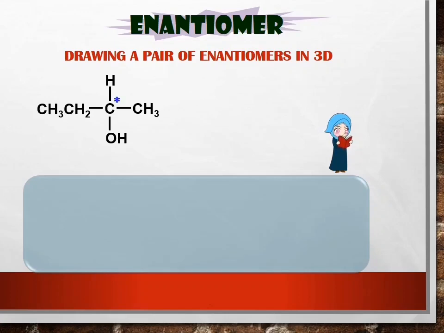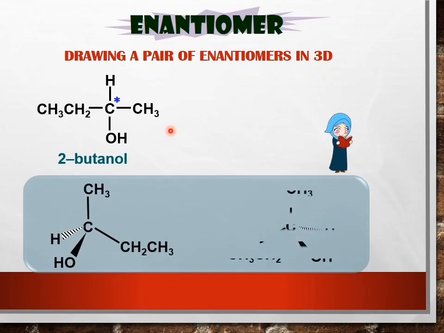So look at this compound, it consists of one chiral carbon. We have one hydrogen here bonded to this carbon, this CH3 group, OH group, and this CH2CH3 group. So this carbon is a chiral carbon. So a compound with one chiral carbon can make enantiomers. So how to draw a pair of enantiomers in 3D? So what we need to do? We need to draw it